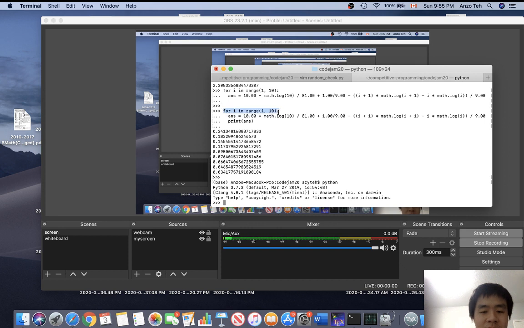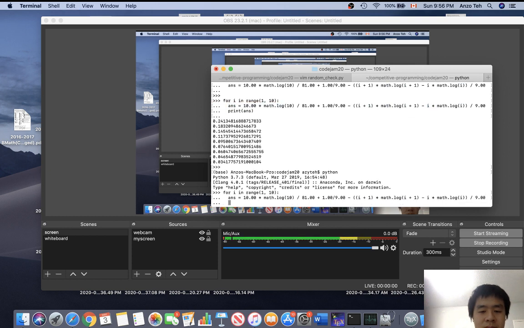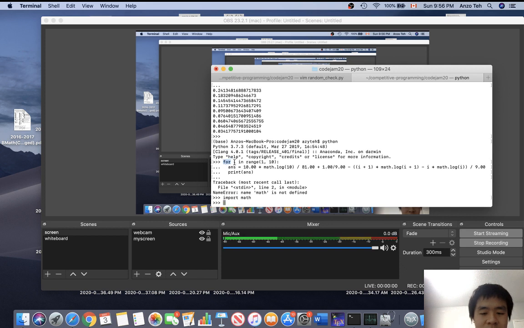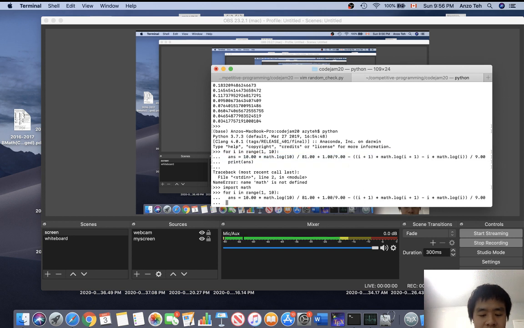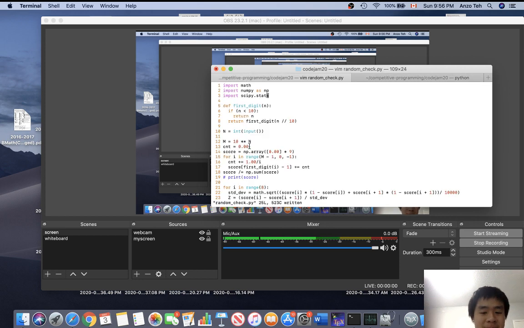Oops, I need to import math. So this is 1, 2, 3, 4, 5, 6, 7, 8, 9, and then you can see that there is a noticeable decrease in the number. If you are curious about whether a sample of 10 to the 4 is enough,